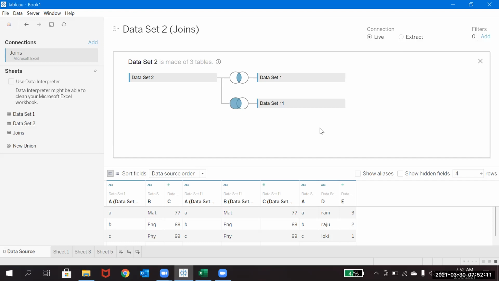Maybe you can go through them, or if you'd like to create your own, I'm fine with that. So I'll be sending two data sets to you. Just create the joins and data blending based on those two, and then you will understand how the join is working and how the blending is working. Then once you have understood it, we'll go to the next one.